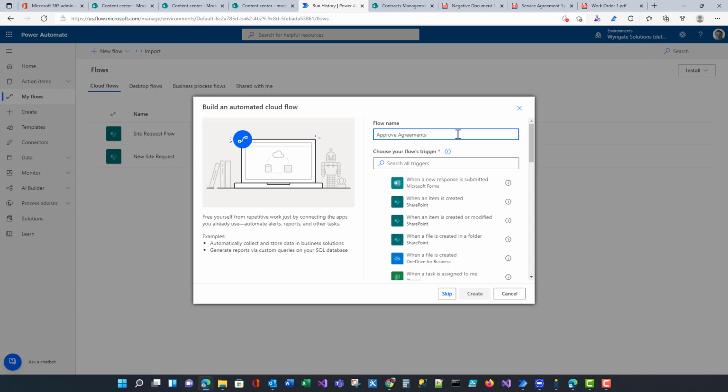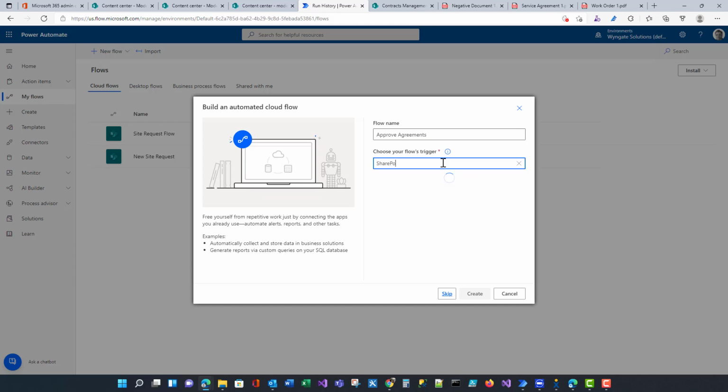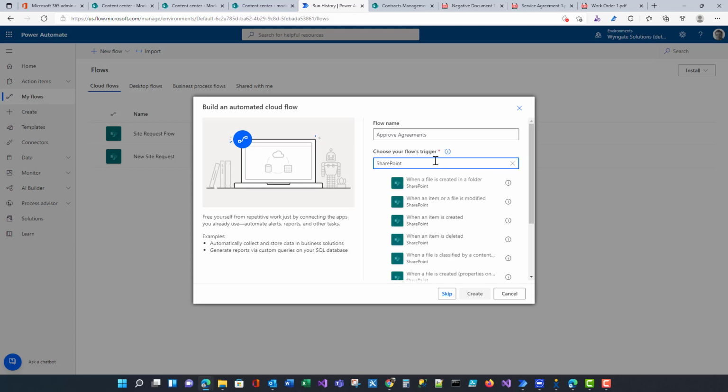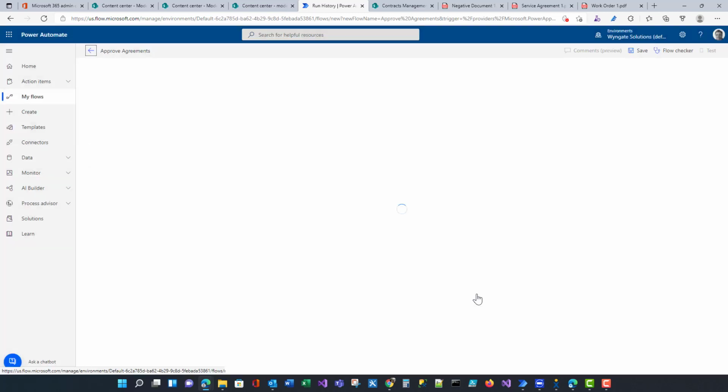Okay, and the first thing, when should this particular approval start? So it should start when the documents are classified. So I'm going to search for all the flow triggers with SharePoint. And if you see over here, there is the trigger when a file is classified by a content understanding model, which shows in the classification date property of the file. So I'm going to use that as my trigger for this particular flow. So I click on create,